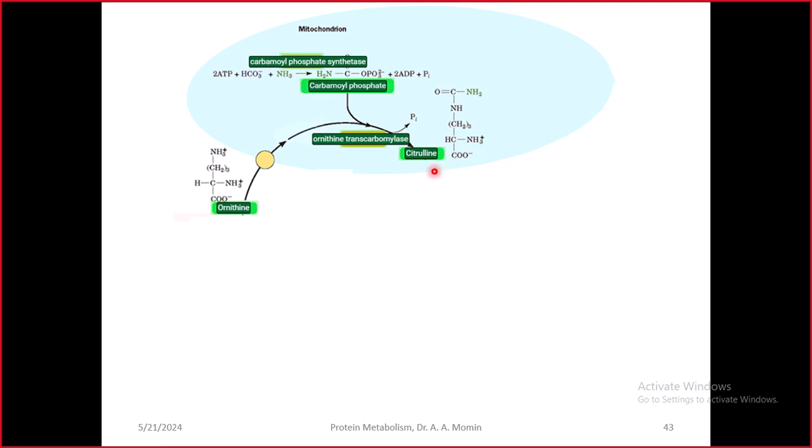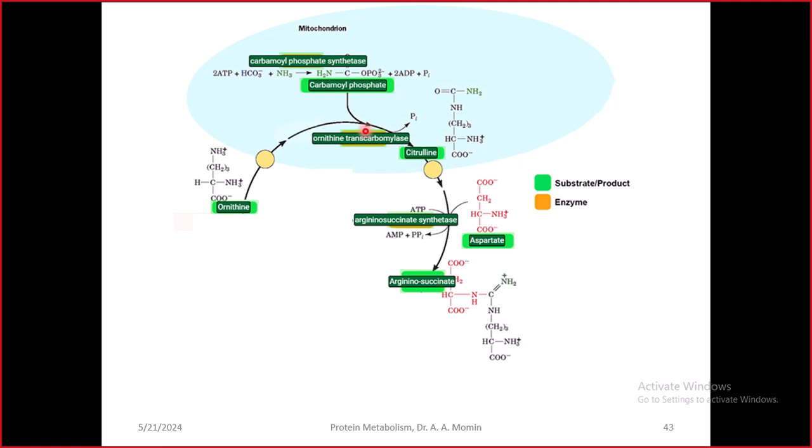The second reaction is synthesis of citrulline. The carbamyl phosphate synthesized in the first reaction combines with ornithine. The carbamyl group is transferred to ornithine, and the combination product of these two is citrulline. If you see the change in the structure, 1, 2, 3 carbons and the amino group, and above this, by liberating the inorganic phosphate, the amino and keto group is attached. The carbamyl moiety is attached to ornithine, so it forms citrulline by the action of the enzyme ornithine transcarbamylase. So this is the first reaction, this is the second reaction, which occur in mitochondria,